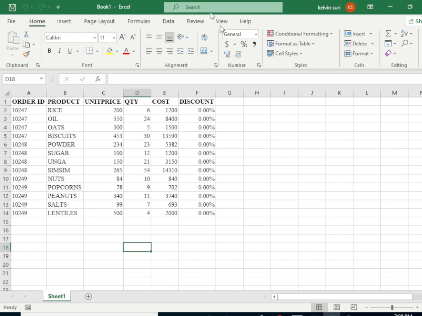Now I have this list of items, product, unit price, quantity, cost, and discount. Now I want to get the total quantity of this order ID. Now, what is going to help me here is pivot table. Now, to do that,